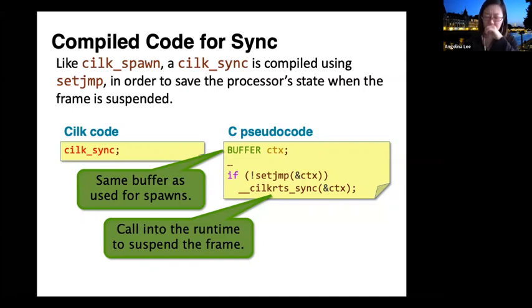So basically what I'm saying is, in the runtime data structure, there's a flag. The flag gets set whenever you successfully steal the function. And so this call to Cilk RTS sync, which is a non-trivial sync, only gets invoked if the flag is set. On the other hand, if the flag is not set, then the Cilk sync doesn't actually do anything. It just translates to a no-op.